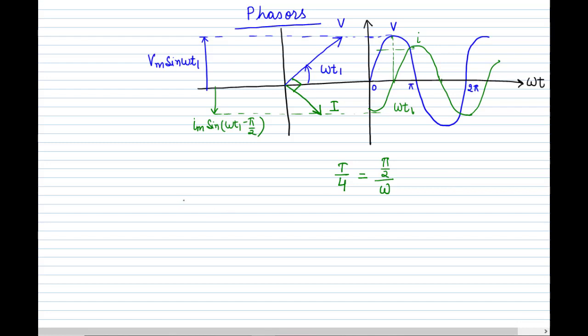So now we want to calculate the power at any instant. Let us say it is given by PL because it is an inductor. So the power at any instant P is equal to IV is the formula, and I is Im sin omega t minus pi by 2, and V is multiplied, Vm sin omega t. So that is the power. And sin omega t minus pi by 2 is always minus cos. This is minus Vm cos omega t and sin omega t.